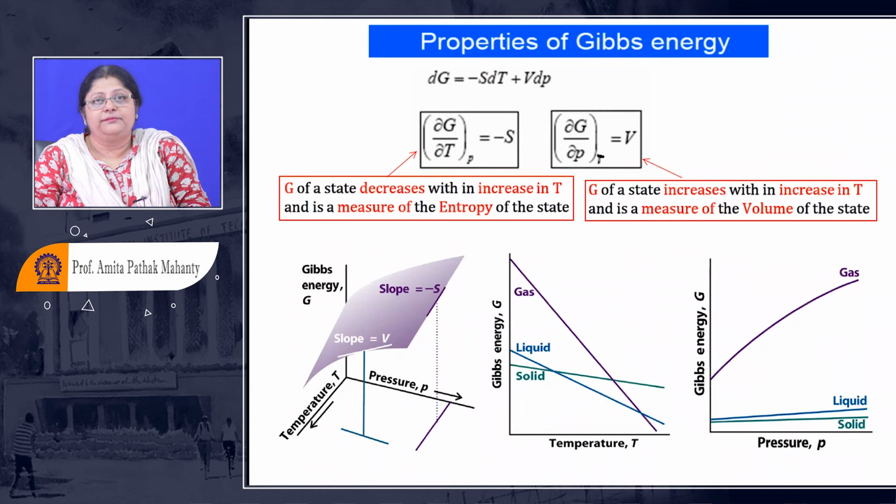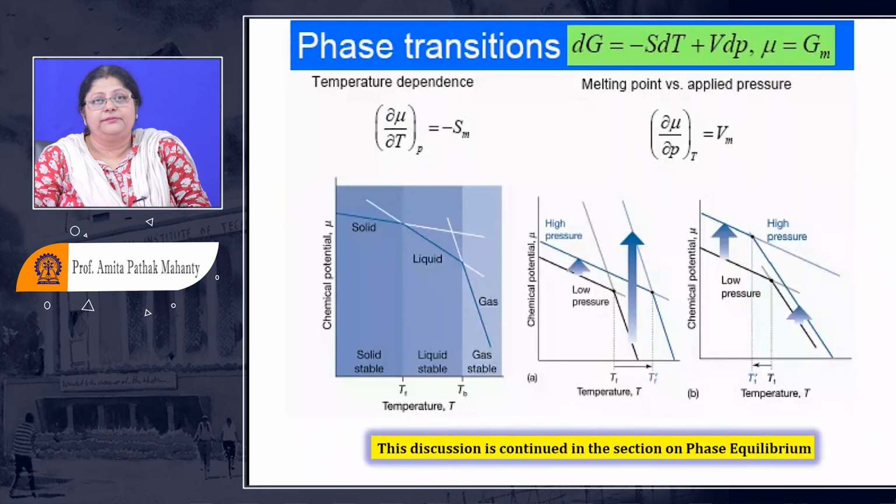This is the general pictorial representation to show that the gas will have the maximum fall in the Gibbs free energy when you are increasing the temperature. But when you are increasing the temperature, all these phases may not exist at the same stage. First, it will be in the solid. If I have only one material present, one phase is present, and then what happens?